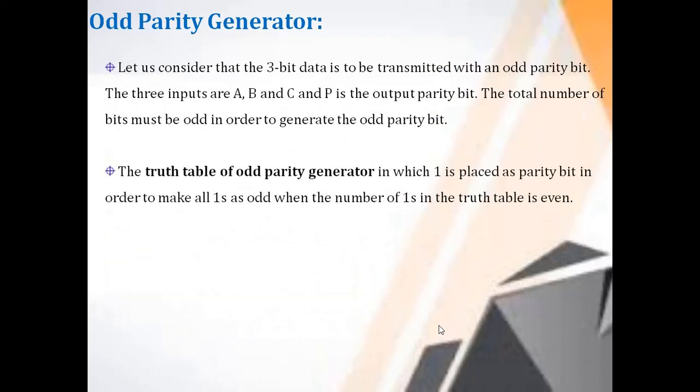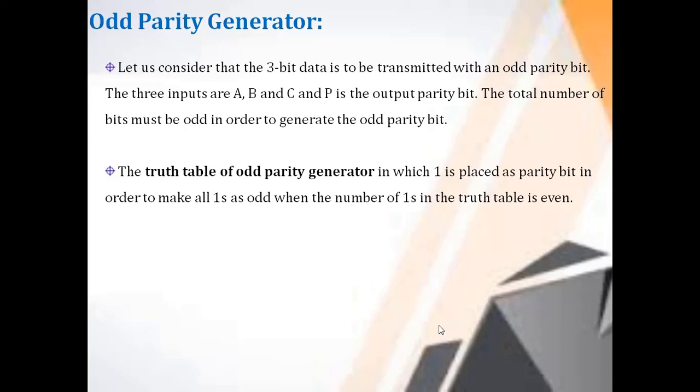Then the odd parity generator. Let us consider that 3-bit data is to be transmitted with an odd parity bit. The 3 inputs are A, B, C, and P is the output parity bit. The total number of ones must be odd in order to generate the odd parity bit.